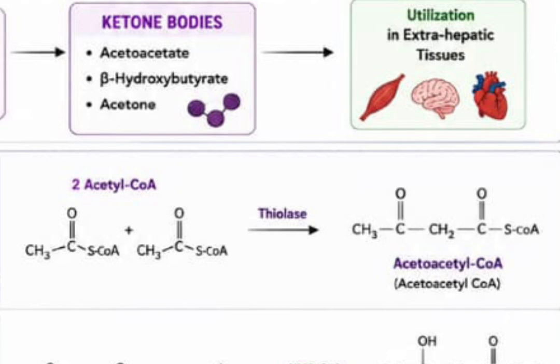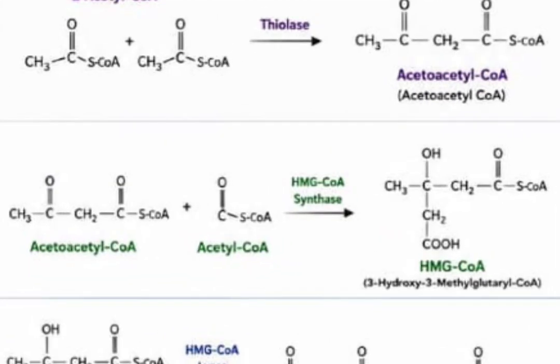Okay, now you have gotten acetoacetyl-CoA. What happens? You condense it with another acetyl-CoA, because I told you that when you continue breaking down fatty acids, you keep getting acetyl-CoA, so acetyl-CoA will be condensing together continuously. If they condense the first time, they form acetoacetyl-CoA. Again, another acetyl-CoA will condense with acetoacetyl-CoA, and what will be the product? It will form what we call